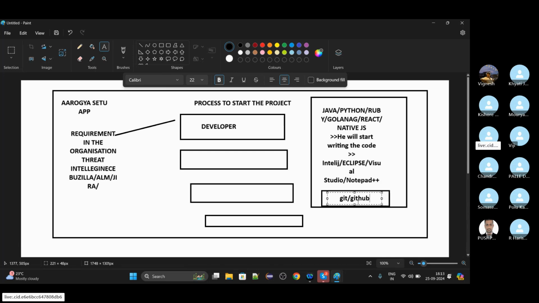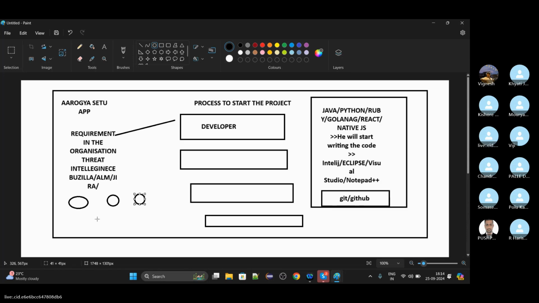Before GitHub, there was Bitbucket, BitKeeper, many things. But in the right trend, it is Git and GitHub, right? So it is going to give you one common repo where, for an example, if there are 10 developers, let's assume from this class, 10 people are given different tasks, but the module is the same. The module is AI.